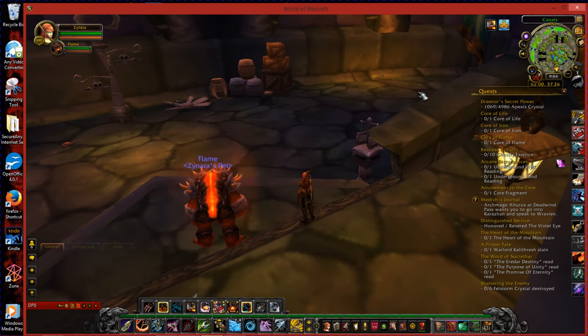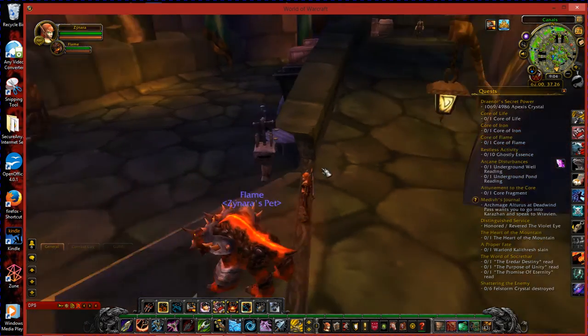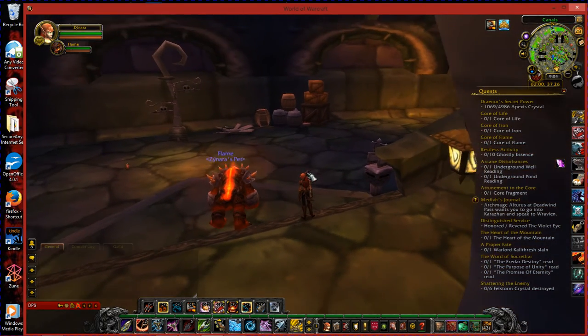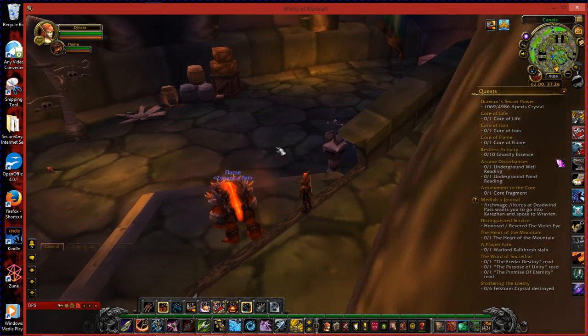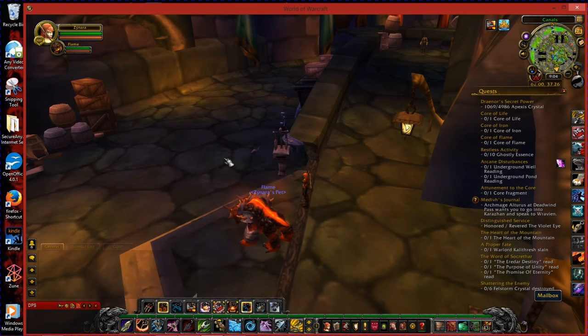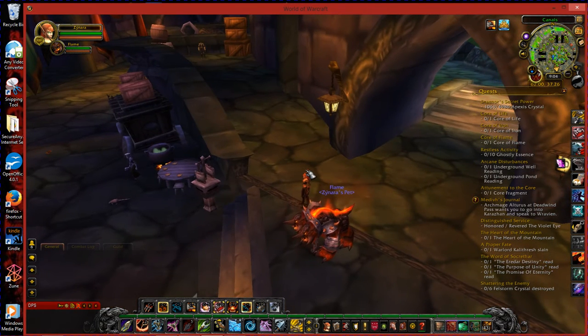Why do you need these? Because items in Mogit can be sorted by quests. Have you done the quest? Have you not done the quest? It will help you know whether or not you can get the particular item that you're looking at. So please have those downloads on Curse Client before you even try to start mogging. It just makes things a lot easier.